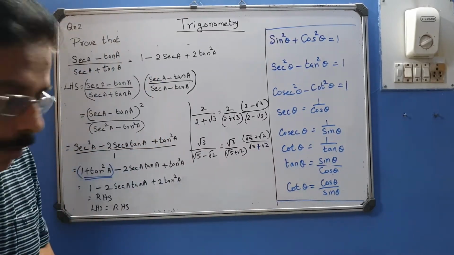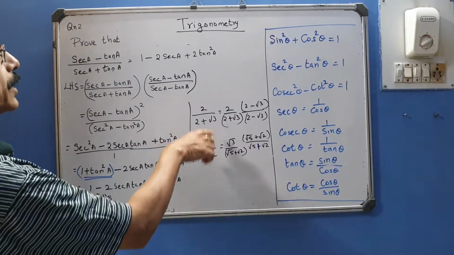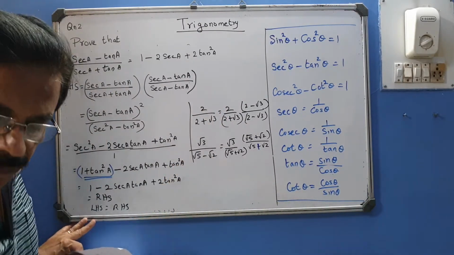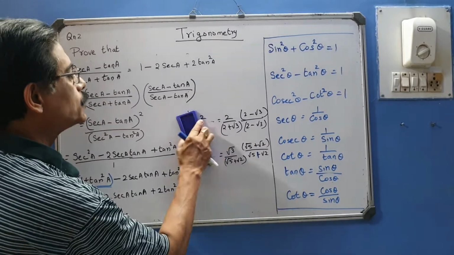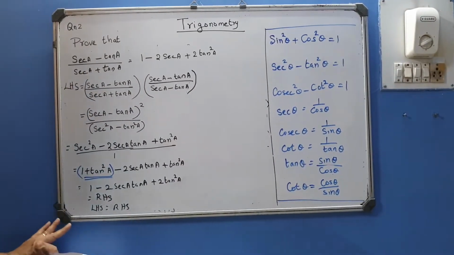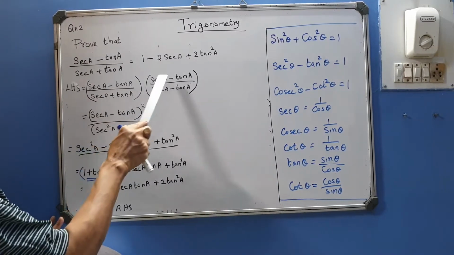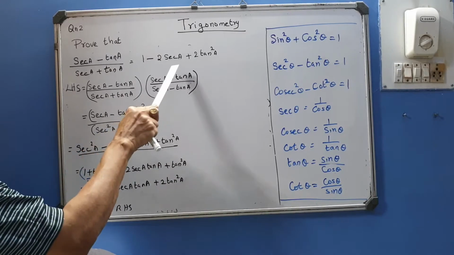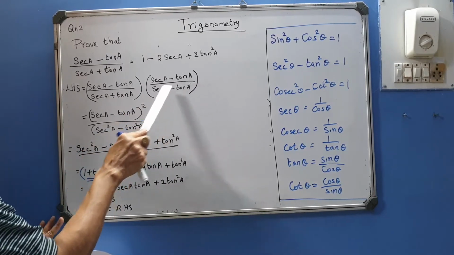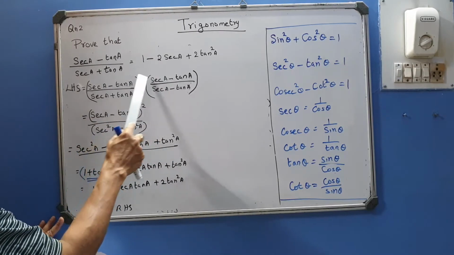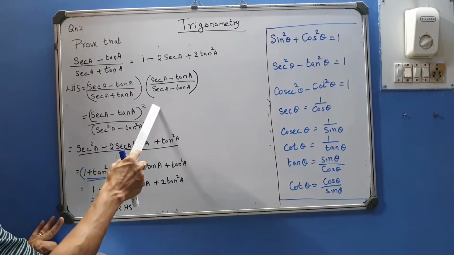Don't think that the rationalizing factor is only possible for questions like this. It can be used for trigonometry also. So in the case of trigonometry, let's go to this question. The rationalizing factor of sec A plus tan A is sec A minus tan A. The denominator has a plus, so you multiply top and down by sec A minus tan A. The top is a repeated term, sec A minus tan A into sec A minus tan A, which is sec A minus tan A the whole squared.